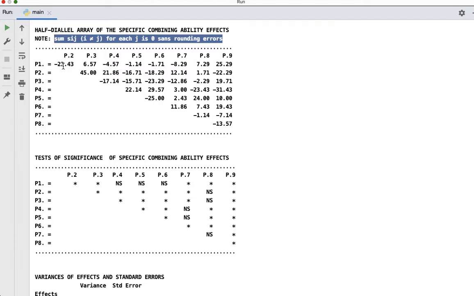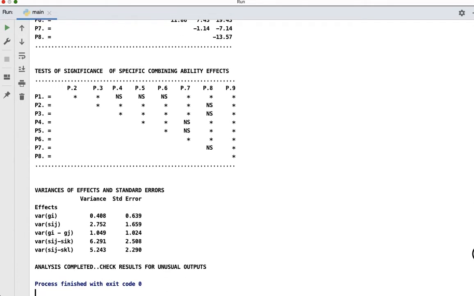Do this simple test after analyzing your data. The final output below shows the different variances and standard errors that are used to test the significance of genetic effects and in making other comparisons as may be desired.